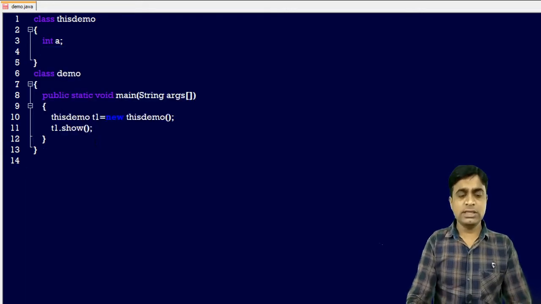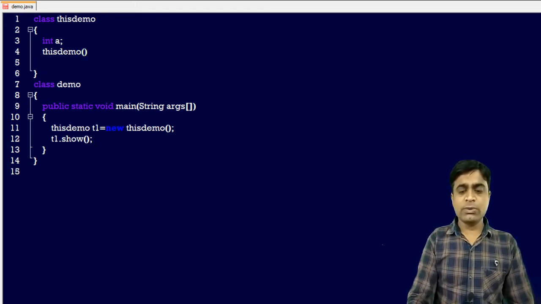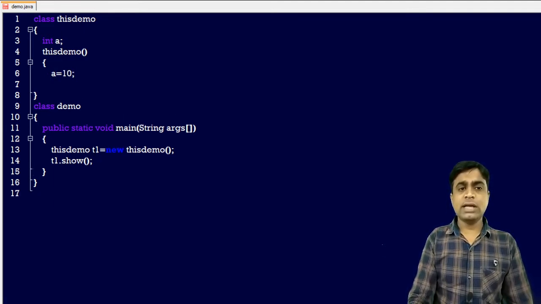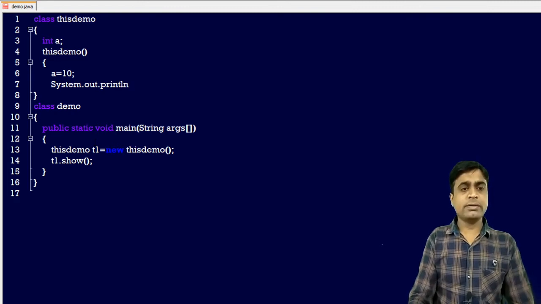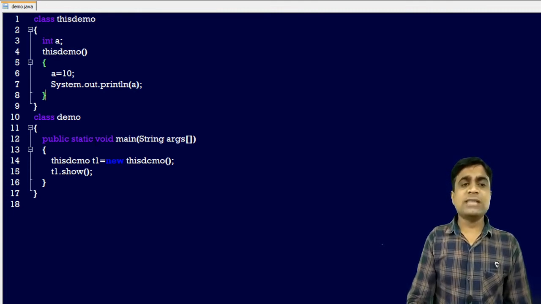You can see I am creating the default constructor, Demo. In this Demo I am passing a is equal to 10, and I am printing the message with System.out.println, printing the value here. So this is an example of the default constructor.